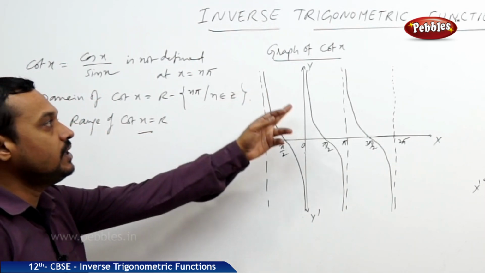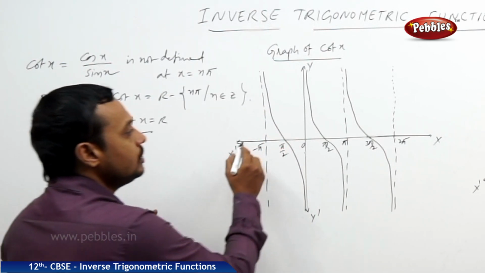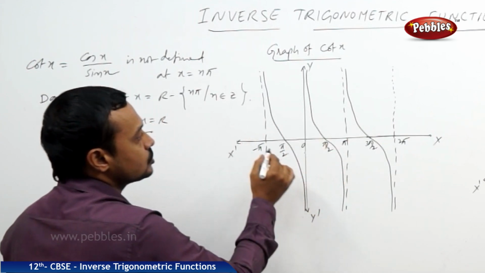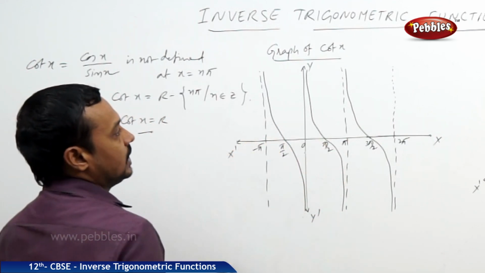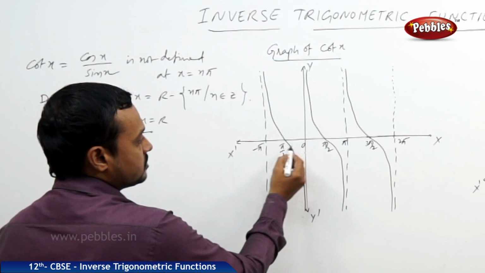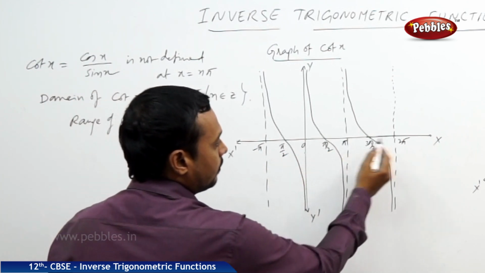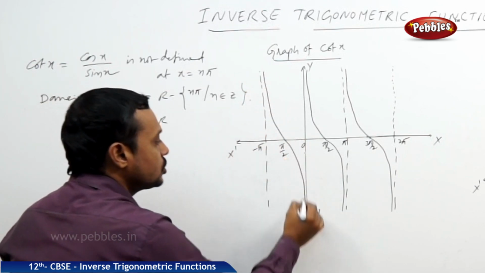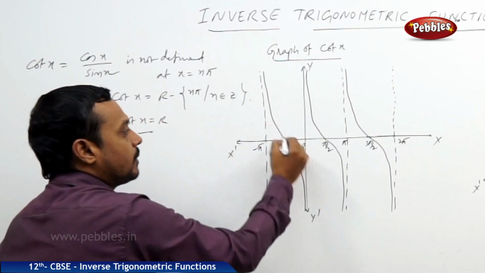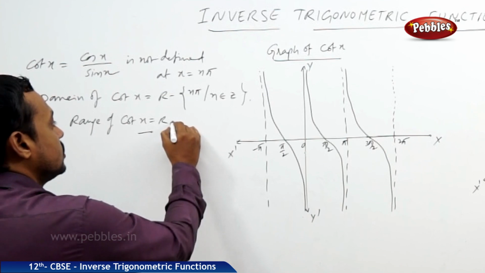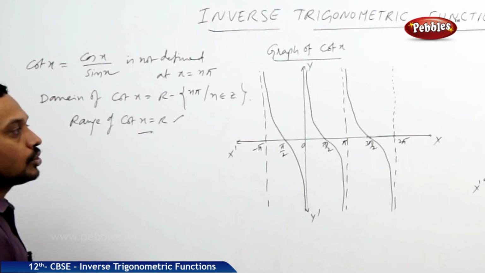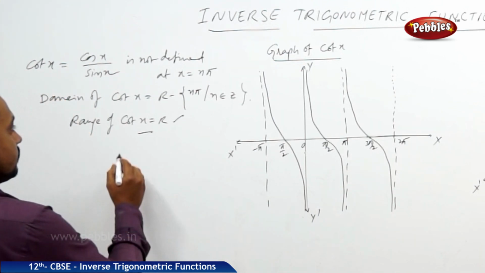Now, while observing this cot x, all the cot values belong to the set of real numbers. So between minus pi to 0 or 0 to pi or pi to 2 pi, whatever the interval you choose, the values belong to the interval minus infinity to plus infinity. So that is nothing but R. Hence the range of cot x is equal to R. Next,